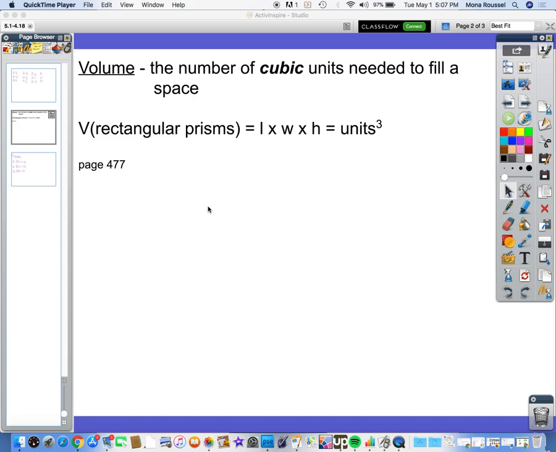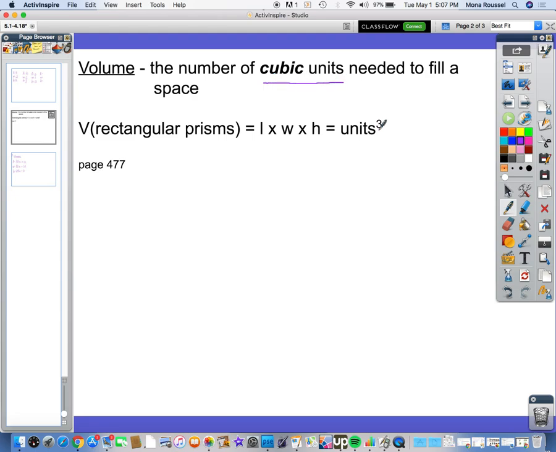Volume is the number of cubic units needed to fill a space. The formula for the volume of rectangular prisms is length times width times height. So you're multiplying the three dimensions. Now the unit of measure that we use for volume is, as it says in the definition,